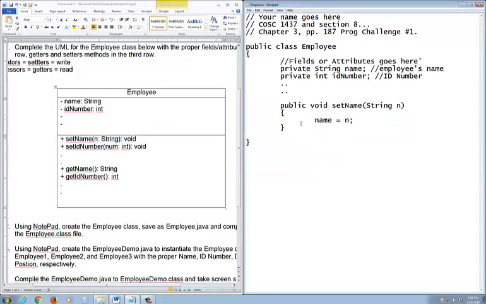Let me do a second one so you get the hang of this thing. This time I'm going to do what? Public void set ID. Make sure your spelling is right. If I misspell it over in UML, you got to write the same thing over here. So how do I pass in? Int num. So a curly set of brackets